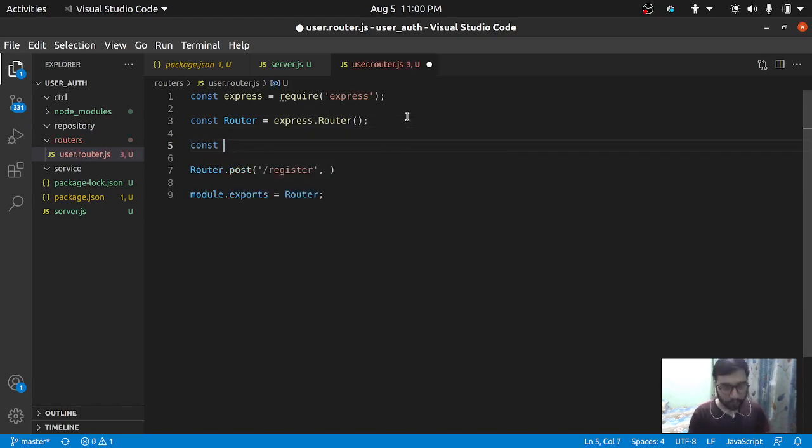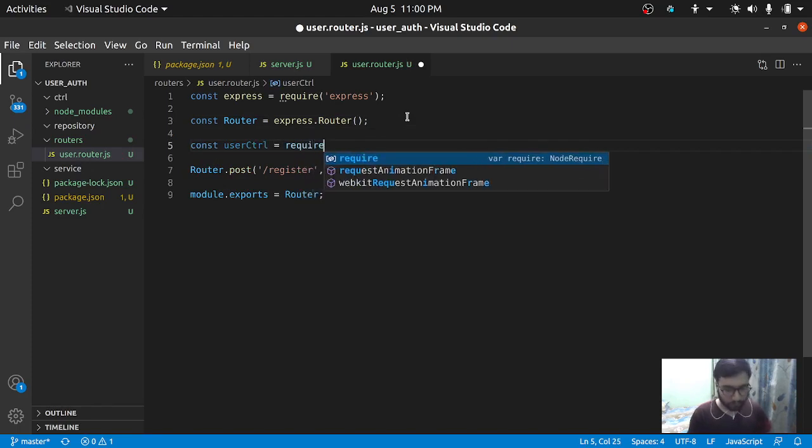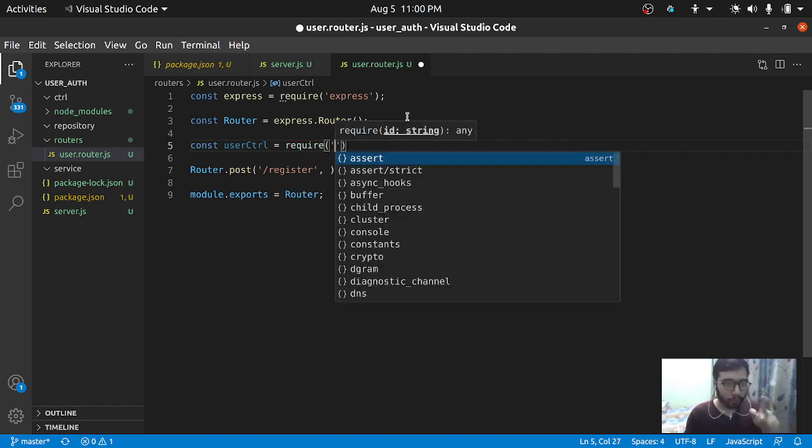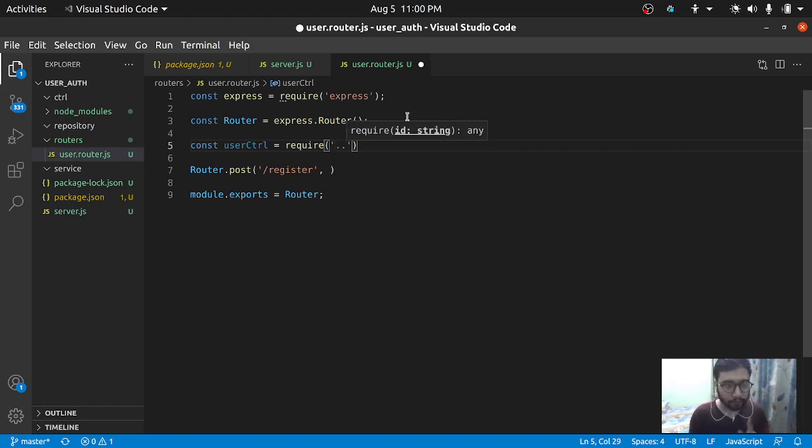Const user controller equal to where will be requiring. So this user controller will be present in the controller folder, which is currently not present. We are going to build it, but let us put the path right now. So double dot, so we get out of this current folder slash